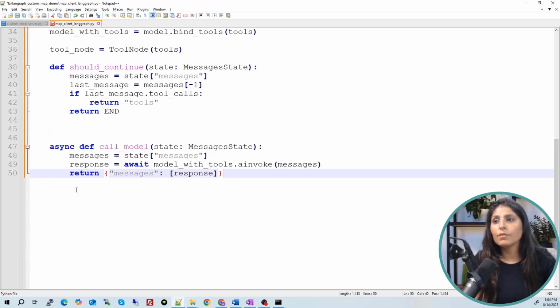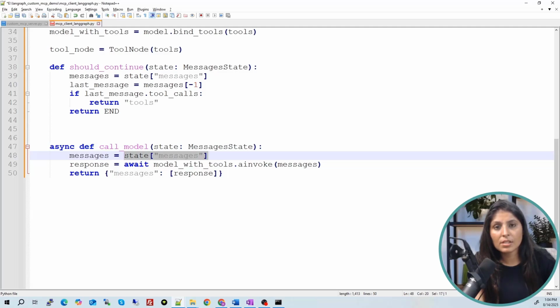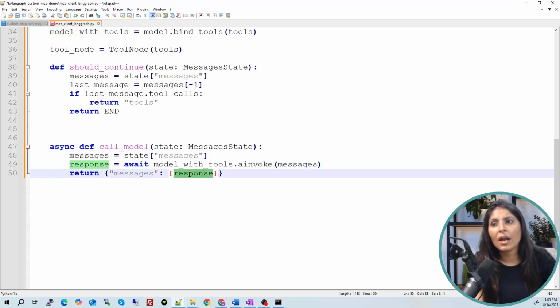And after that, we need one more function. This is the function name. This function simply shows how the model is providing a response to the user. So the function name is call model. We are providing the list of messages, the last message and the previous messages, in the messages variable. We are providing these messages to the model with tools. Model with tools means we have a model, and the model has access to all the tools of the MCP server, the custom MCP server. So when the model receives the user message, the model will see if tools are needed. If tools are needed, the model will use the tool. Otherwise, the model will give the answer in a simple way, and we will get a response.